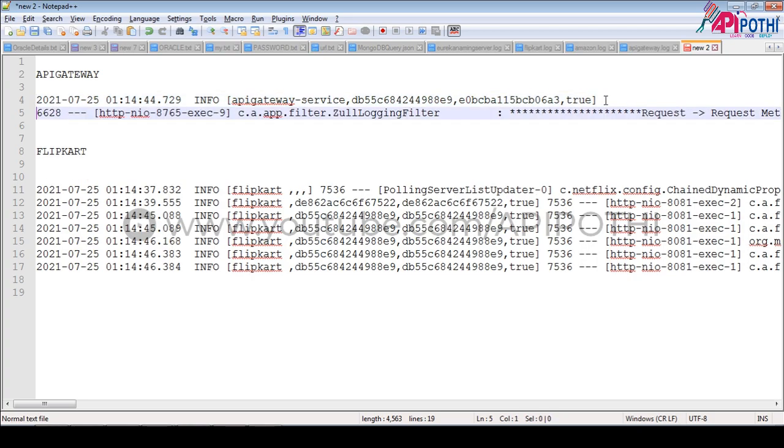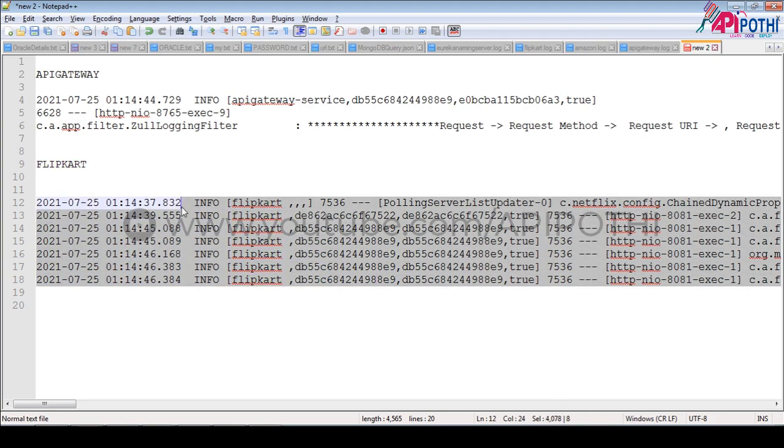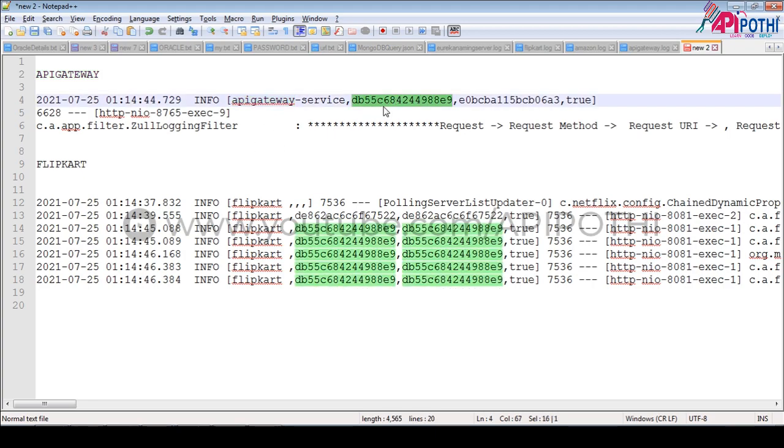Now how can we track it? Suppose there is some error for a particular client inside Flipkart. Suppose PayPal makes a hit and it did not get a response. How are we going to track it? First in API gateway we will get this ID.